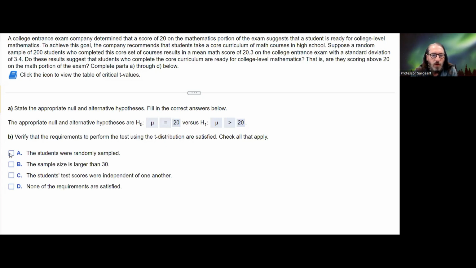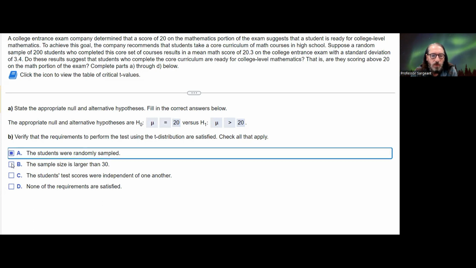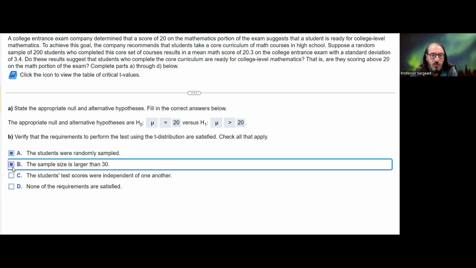Students were randomly sampled. The sample size is 200, so yes, that's larger than 30. We are not specifically told that the students' test scores were independent of one another, nor do we know anything about the population size, but you probably have millions of students each year taking these tests. So